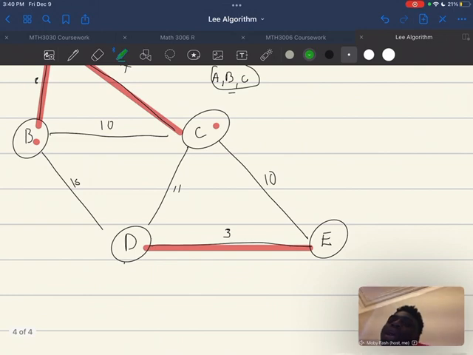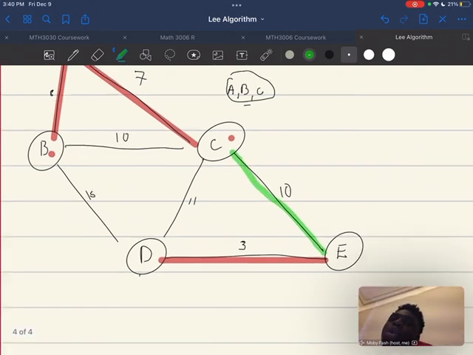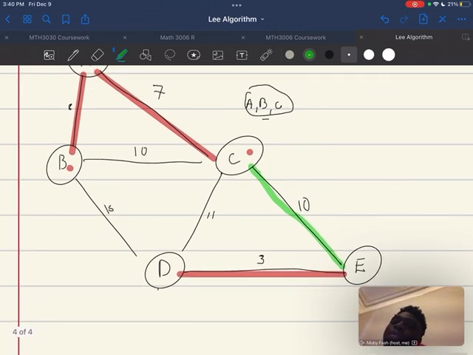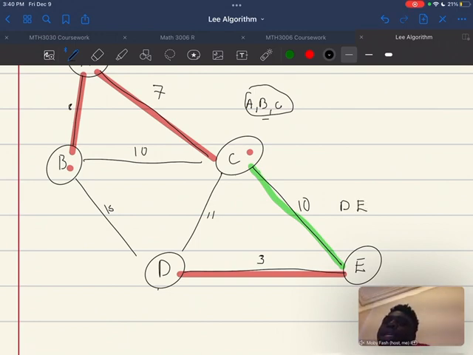11 and 15. We couldn't choose this 10 because that would make the graph cyclic, which is not allowed. Neither would we need to highlight this 7, as that is already part of the set, so it wouldn't make sense to include it. So we would go into the DE evaluation, and we'll see that the DE evaluation would be the exact same 10 that we just evaluated. It would be, again, this path,